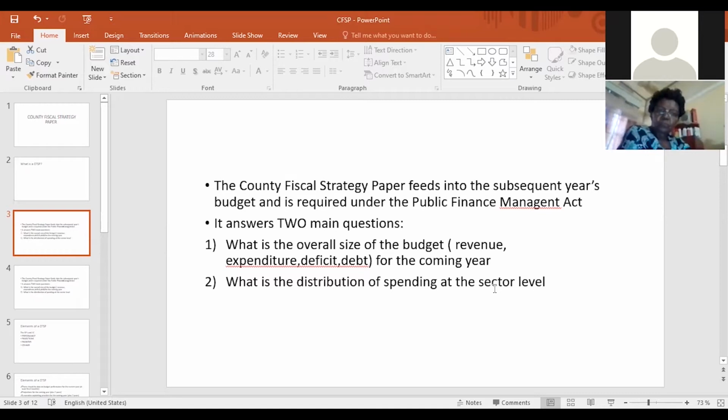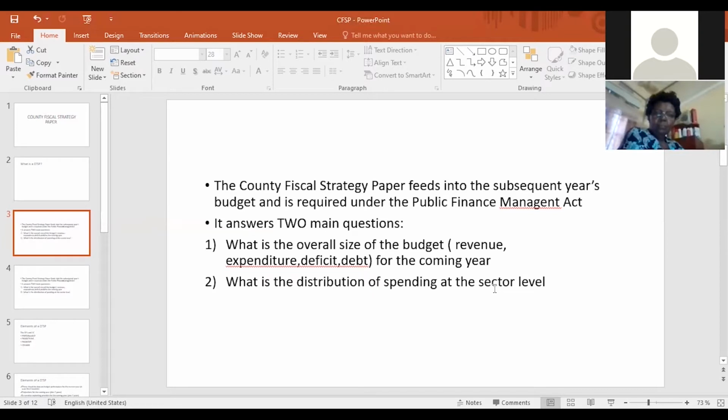So it is tabled. The county executive comes up with it, and then the county assembly also takes a look at it, and it is submitted to the members of the assembly and the members of the public. Are they okay with the amount that has been set there? If they are not okay, then they can advocate for whichever department they want to have an increase in budgetary allocation.